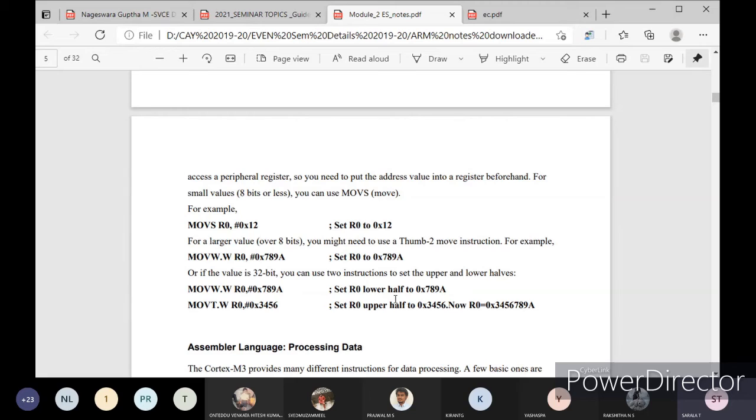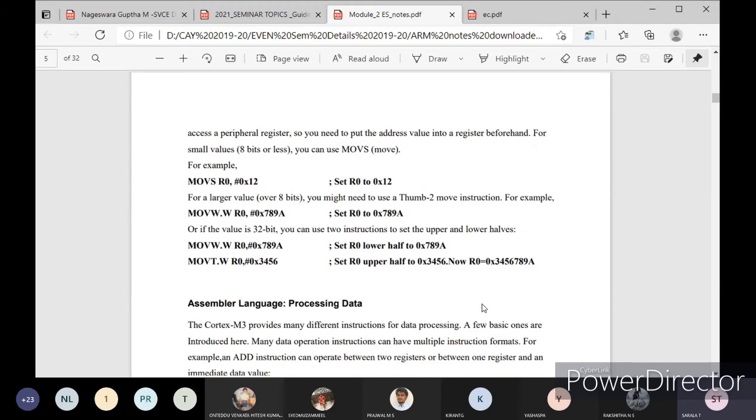If you are writing the upper half to the register, you can use MOVT. Both can be used if you are transmitting a double word value.